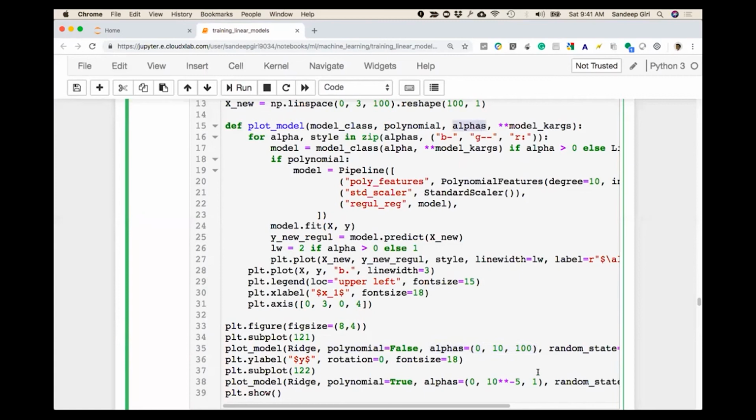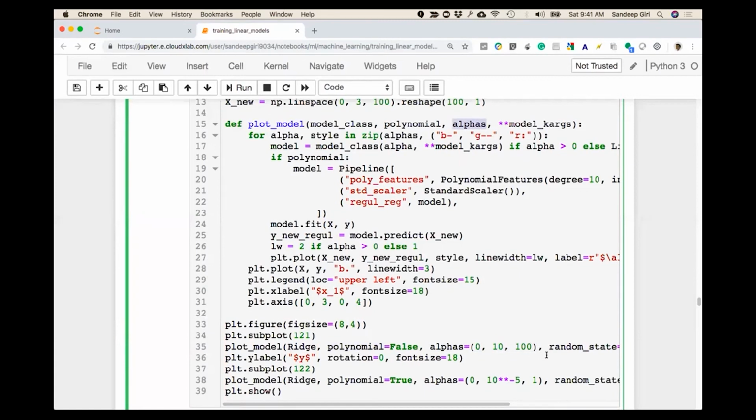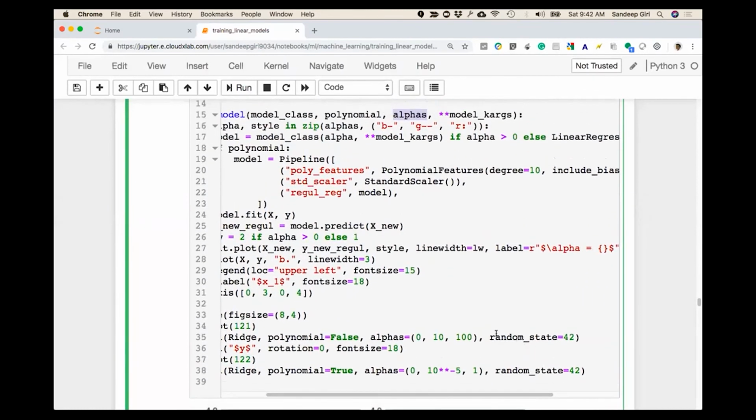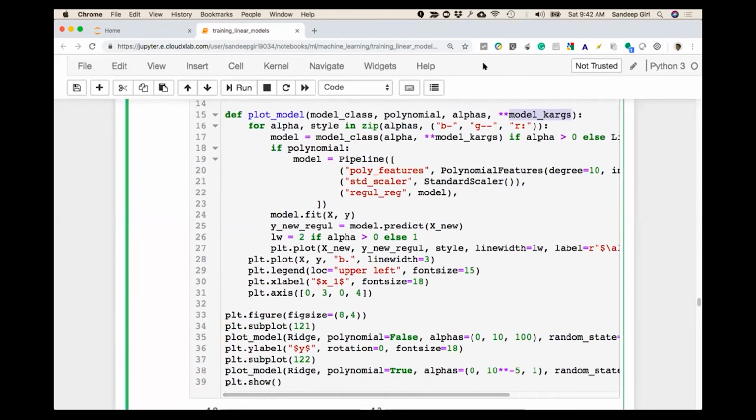Those are the alphas we are passing, right? Remember the alpha value we just talked about. And then we are passing the remaining model arguments. So this is the list of alpha values, and this is whether to turn on the polynomial or not. And this is the class, right? So here we are saying that for each of these alphas,